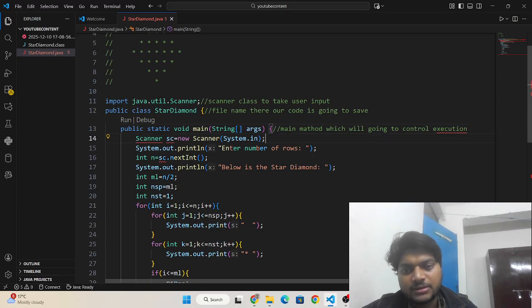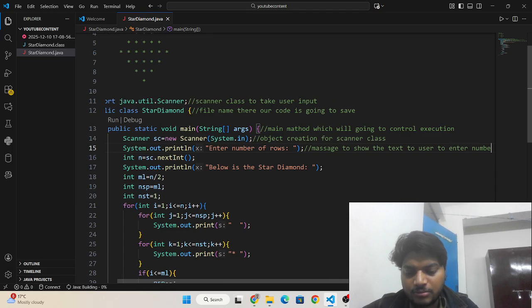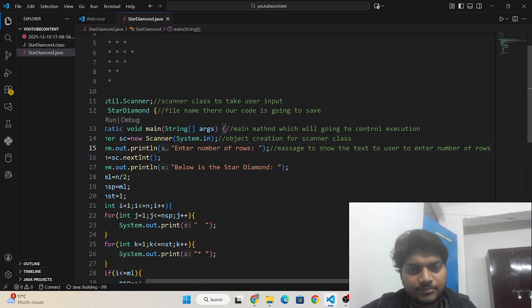Okay, and this is the object creation for the Scanner class. Okay, this is the message to show the text to the user to enter the number of rows.